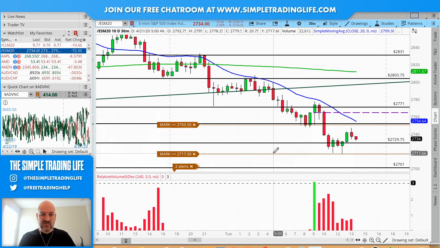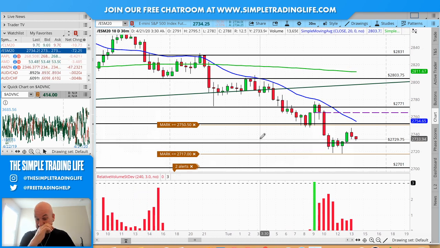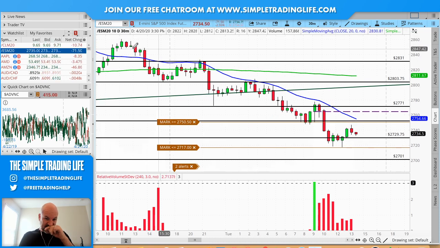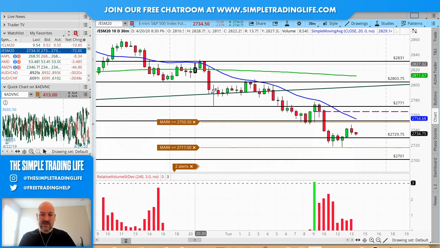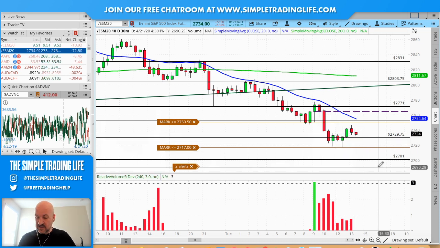Looking at the overall trend, you can see, and we talked about this in our private live stream in our premium community yesterday at thesimpletradinglife.com. As you can see here, we've been moving down. See this structure: lower low, lower high, lower low, lower high, lower low, lower high, lower low, lower high. So we're obviously trending down right now. That could change, or if you see this start to go lower and we take out this lowest point, that just confirms that we're still trending down.